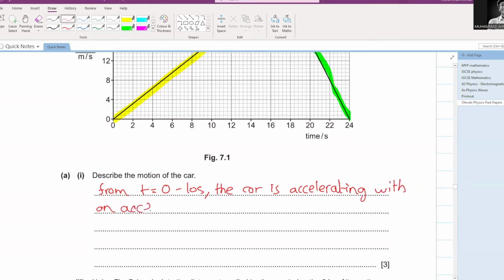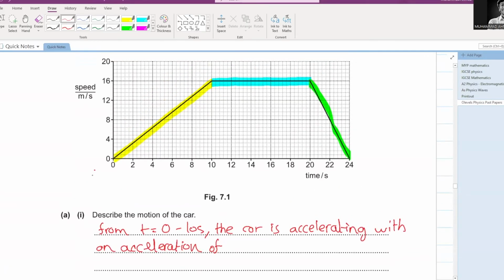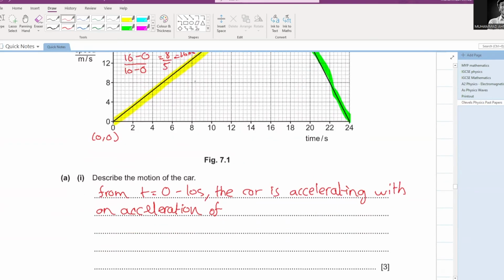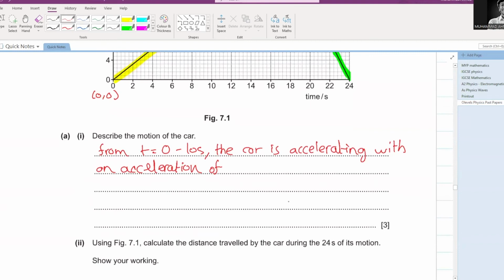With an acceleration of. Now you can calculate the acceleration here. This point is 0, 0, and this point will be what? 10, comma 16. Perfect. What will the gradient be equal to here? Y2, that is 16, minus y1 divided by x2, that is 10 minus 0. This comes out to be 8 over 5, that is equals to 1.6 ms minus 2. Perfect. So from time t is equals to 0 till 10 seconds, the car is accelerating with an acceleration of